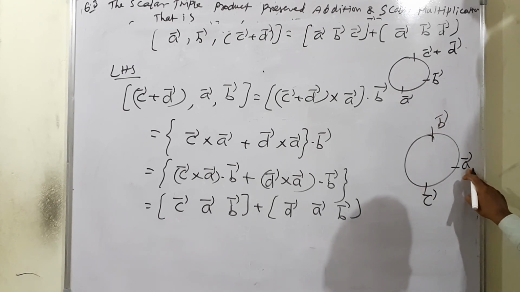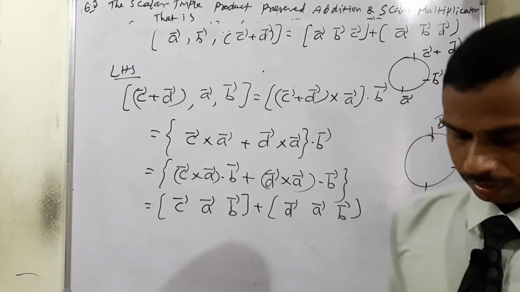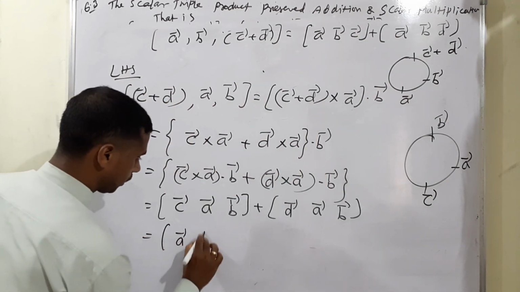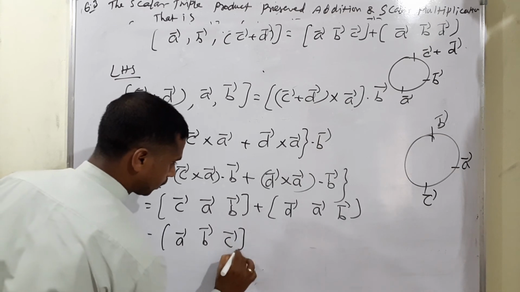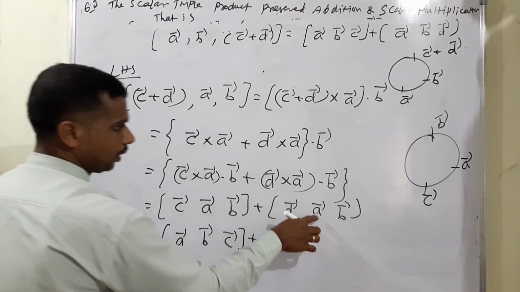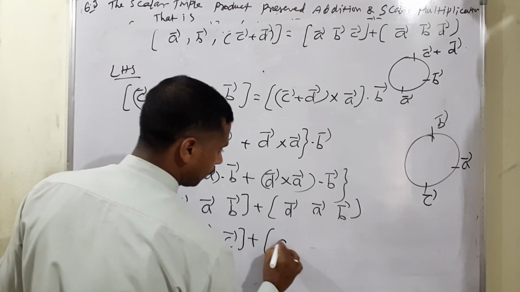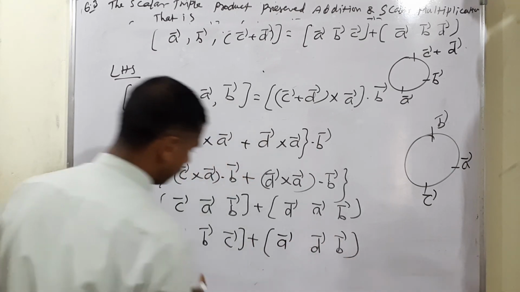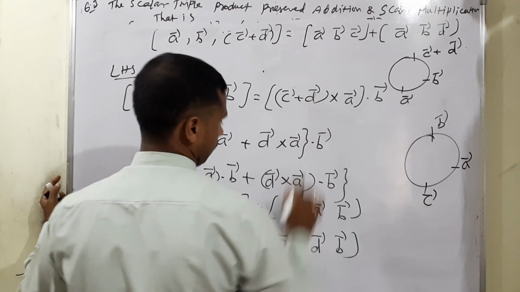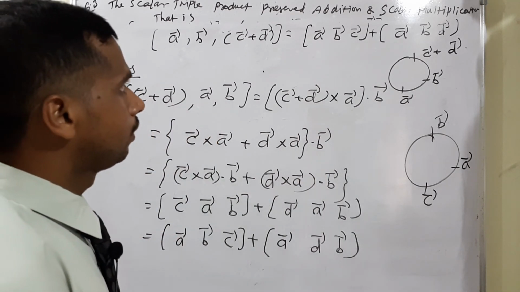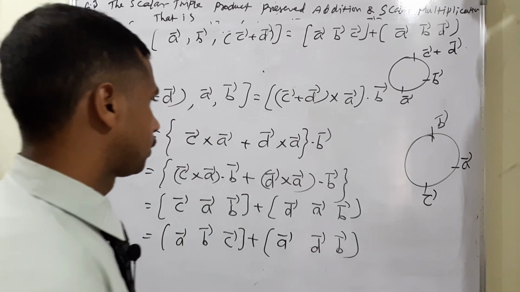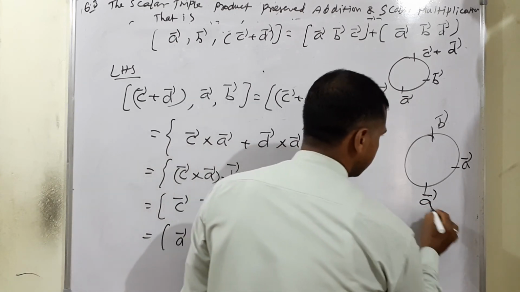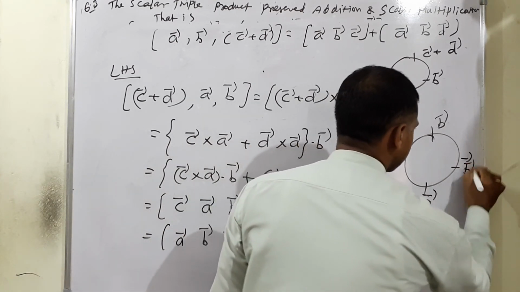So the circle CAB, C vector, A vector and B vector. Starting with A means A, B, C: A vector, B vector, C vector plus here starting with A means A vector, D vector, B vector. Look at there, A, B, C. Now next condition A, B, D, isn't it? Sorry my dear, this is also starting with A, B, D.